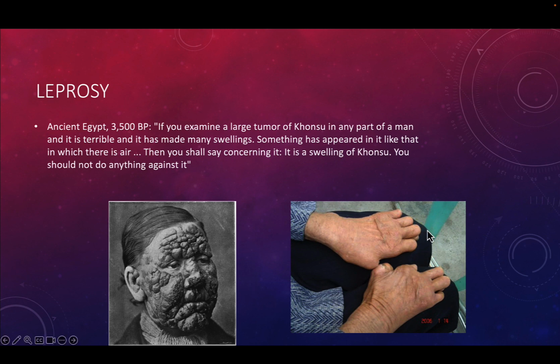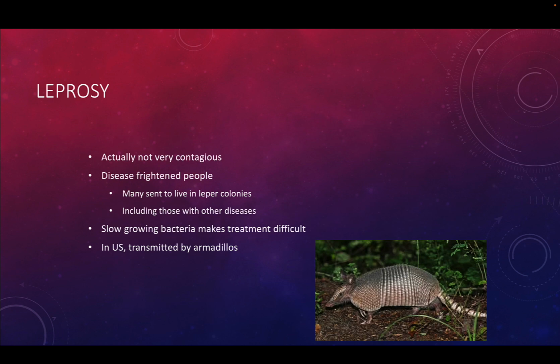There are a couple different forms of leprosy, but often it leads to nerve damage and death of the extremities, and so people will lose their nose, their fingers, etc. But it's really not all that contagious. You really have to come into contact with somebody who's got the infection. So that's why in cities in the Middle Ages, when they were really densely packed, it was more likely to see the spread of the disease.